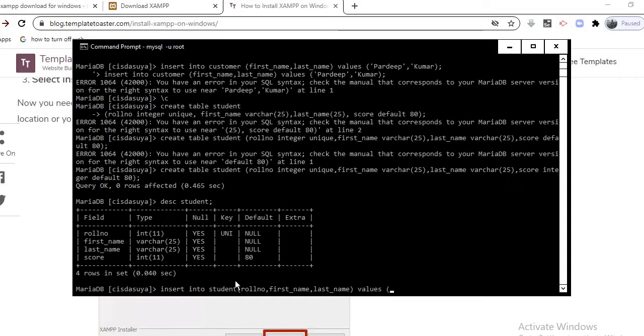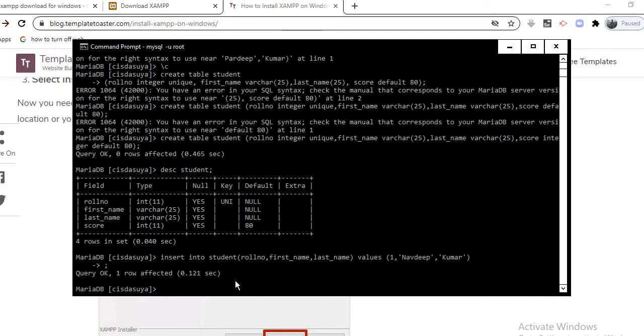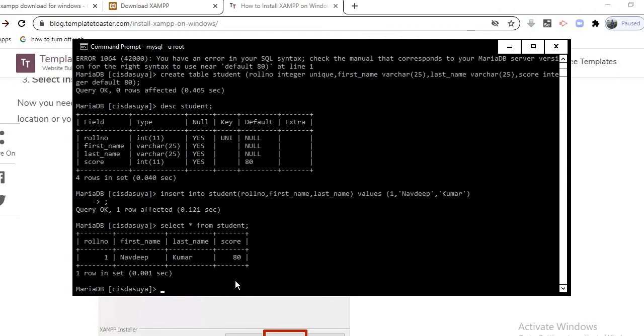So let's say start with the roll number 1, name, let's say we keep it as Navdeep, then last name is Kumar, and I am not placing his score. Clear? Intentionally I am not entering his score. So this is how I am inserting values. Put the semicolon here and one row affected. To see what changes are there, select star from my table name is student. See here what are the changes.